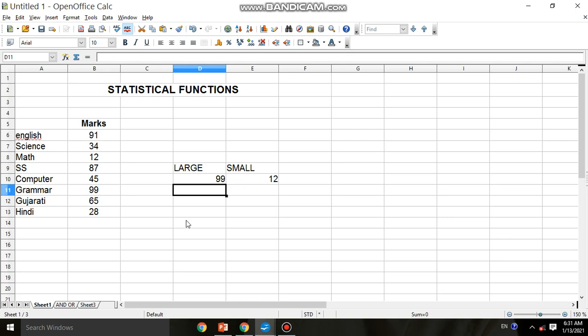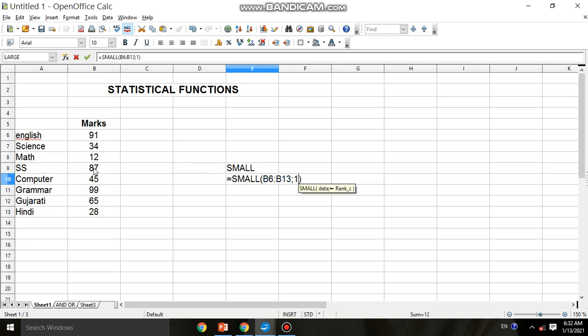But if I write first largest number, then 99 will be coming. In the case of small, the story goes the same. The small number out of the given range, and the first small, that is the least number. So you can see it is 12. So these are the statistical functions. Now if I write 3, then 3 it will be coming. So students, these are statistical functions. I hope you have understood max, mean, average and all these things.